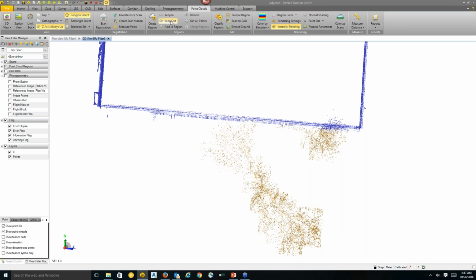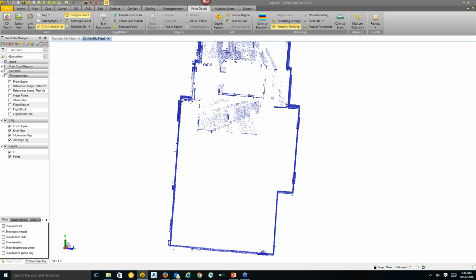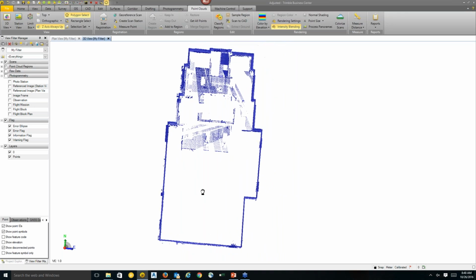And there's two commands that I like using for the segmentation. Instead of creating new regions and separating in that method, we can use the keep in and keep out commands. So in this case, we're going to use the keep out, because what this will do is remove this selected part of the point cloud region from the plan view or the 3D view, and it will essentially hide that region. So if I select keep out, now it's gone, and I've got a pretty clear building outline,